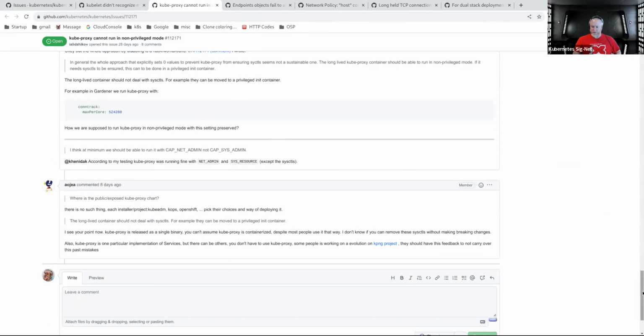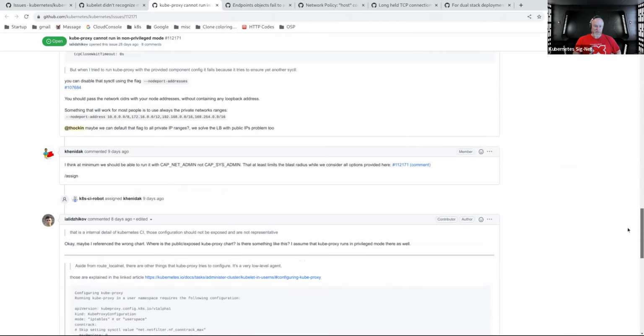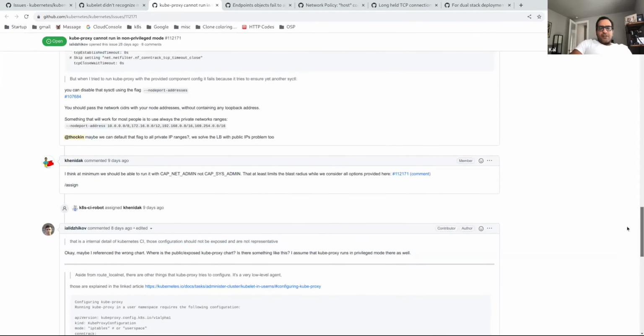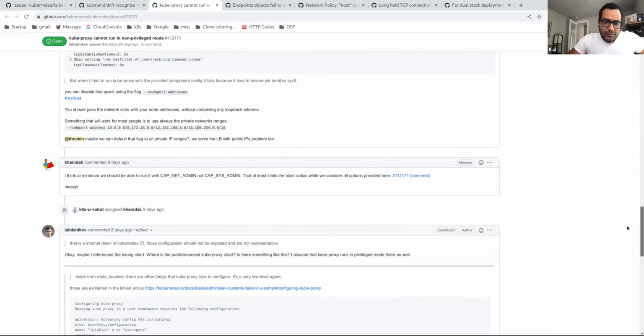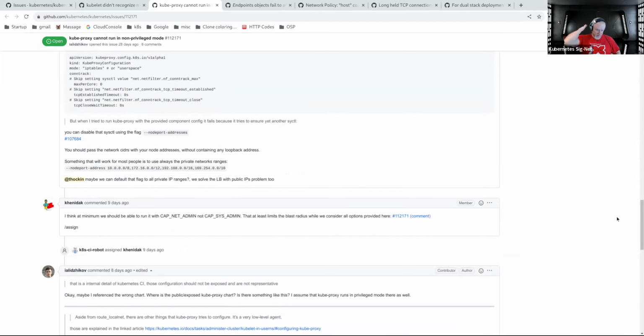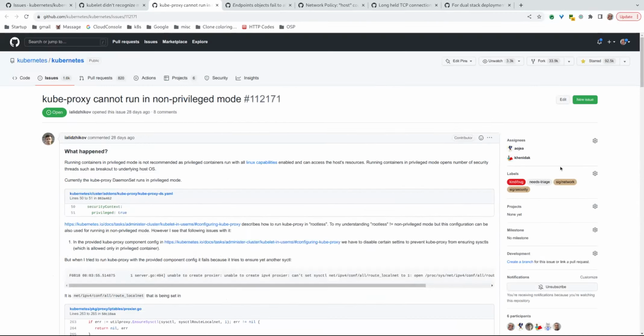Right, because I think in e2e, we don't even run kube-proxy as a container, right? We run it privileged, as far as I know. Do we run it as a pod though? I guess we must. Okay. Are you still on this, or should we just go ahead?